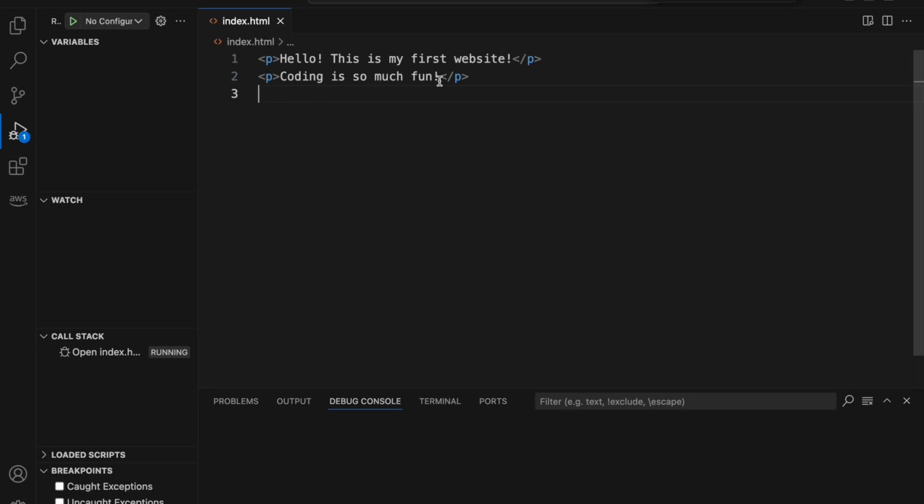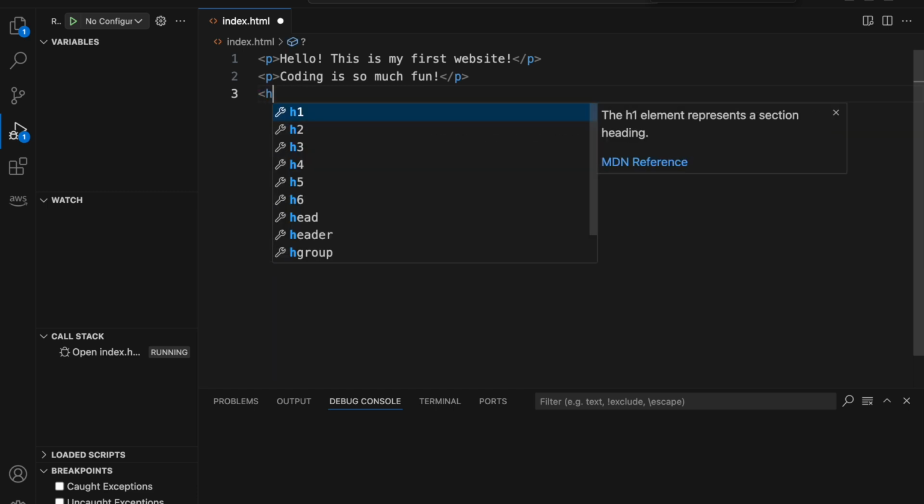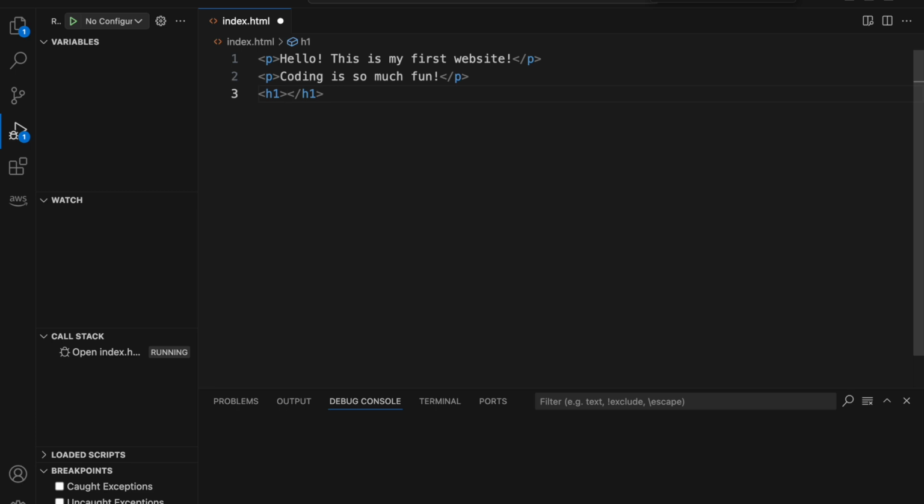Now I can have something called a heading as well. There's another element called heading, and to add headings you can use something called H, and then you have 6 versions, and these versions are just different sizes. So the biggest size is H1 and the smallest one is H6. So for example, H1, and again you have an opening tag here and then you have a closing tag here,